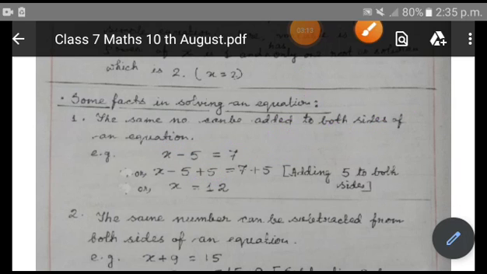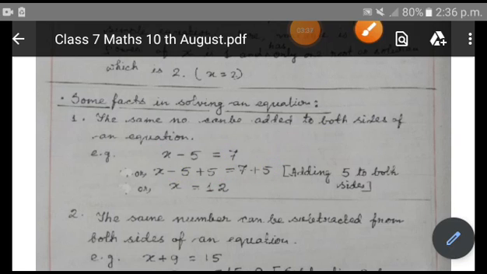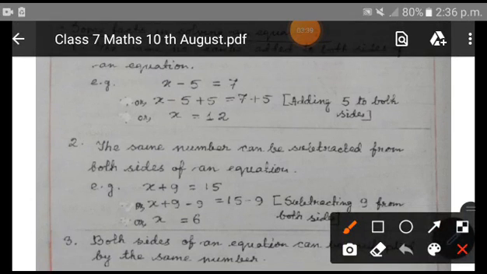That is why we are going to add 5 to it, because we know that -5 + 5 becomes 0. On one side we cannot add, that means on the other side also we will have to add 5. So finally this gets cancelled, and we get x = 7 + 5, which is equal to 12. So this is one of the methods. All of these come under a single method, the elimination method.